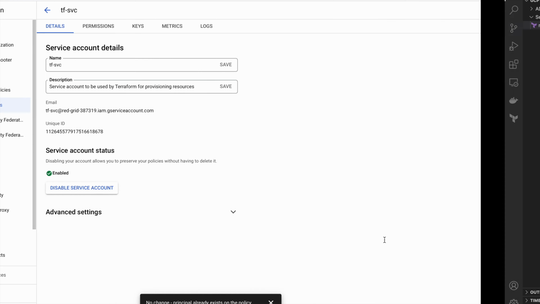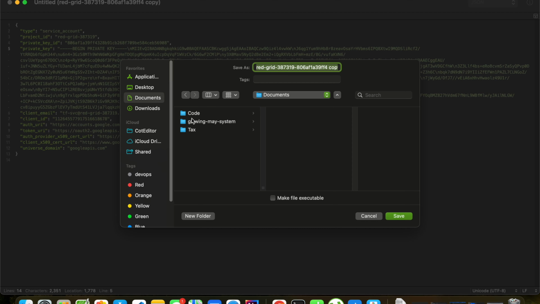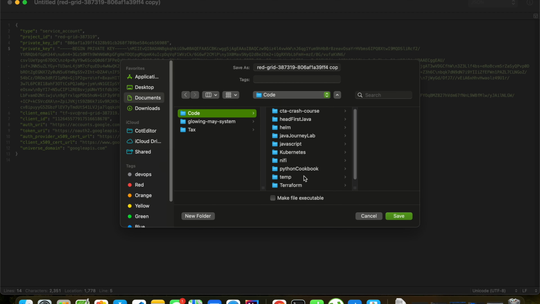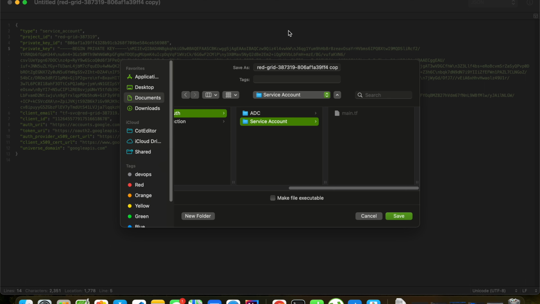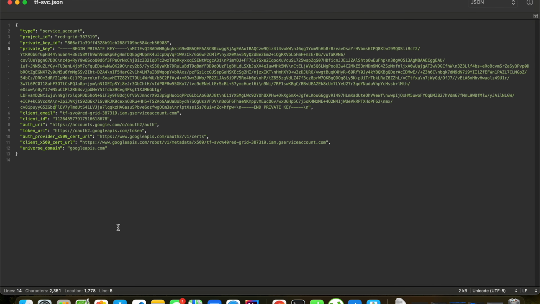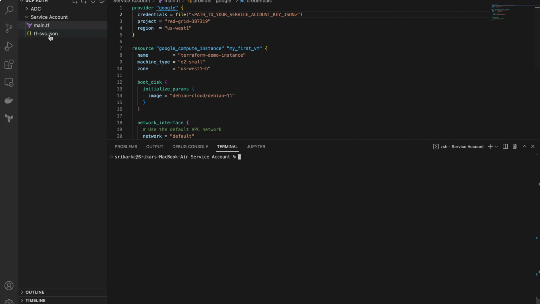For the second method, I'm going to save this in my Terraform directory, GCP auth service account, as tf-svc.json. Save. Now here we have tf-svc.json. If we run Terraform init here